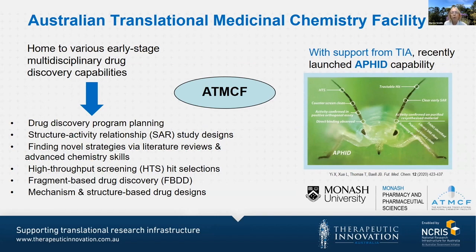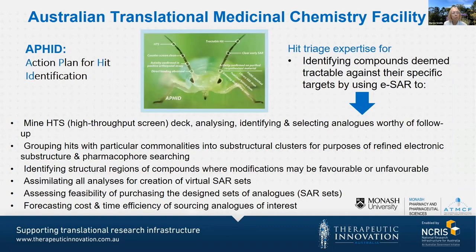So with recent support from the TIA, the ATMCF has launched APHID, the APHID capability. So what APHID is, Action Plan for Hit Identification. So this is using the hit triage expertise of the ATMCF scientists to identify compounds from the hits that are tractable against their specific targets by using electronic structure-activity relationship approaches to mine the high-throughput screening deck, analysing, identifying and selecting analogues worthy of follow-up, grouping hits with particular commonalities